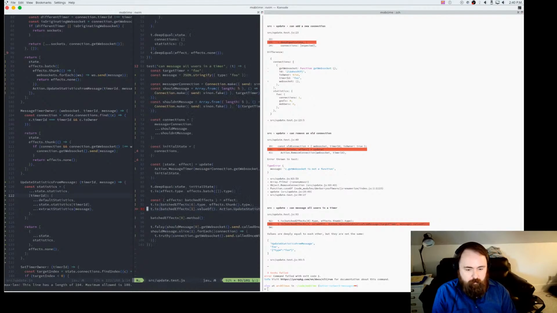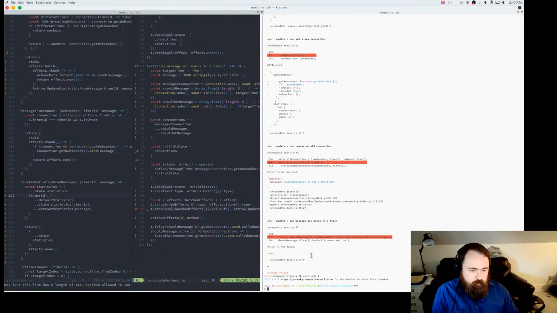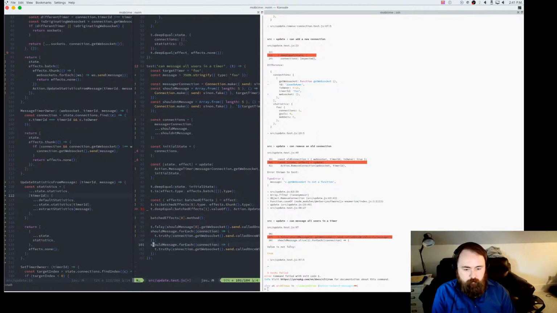Oh, okay, there we go. Nice, so that's going to let us extract out parameters and all sorts of things, so that's good. Nice, and then here we don't need to slice off anything. We can just say all the should messages should have gotten a message. And all of the shouldn't message along with the original messenger.